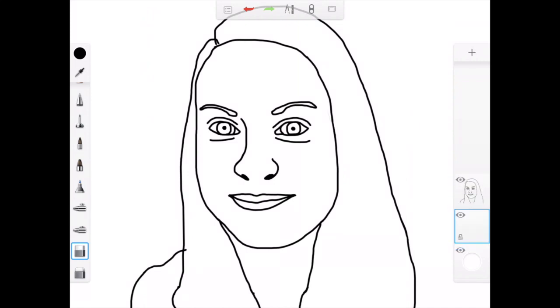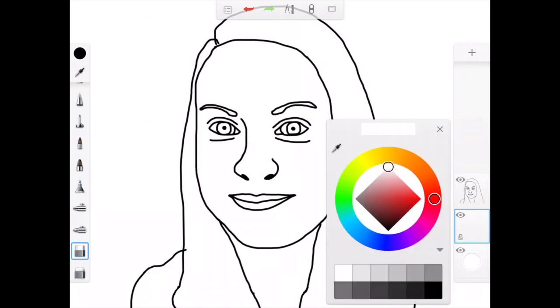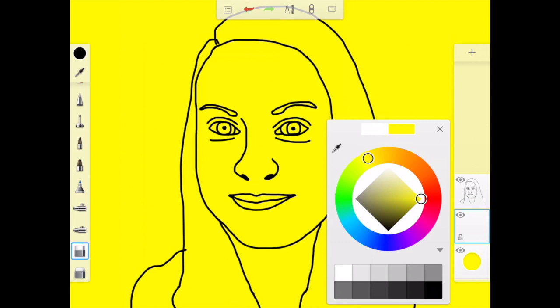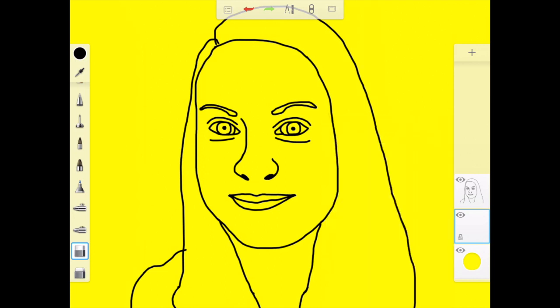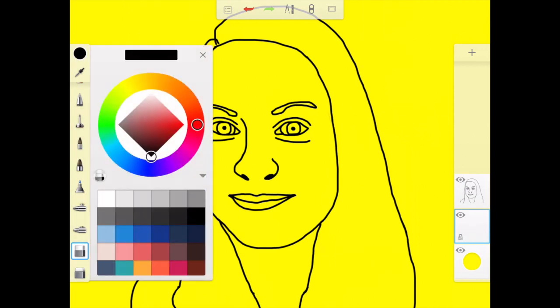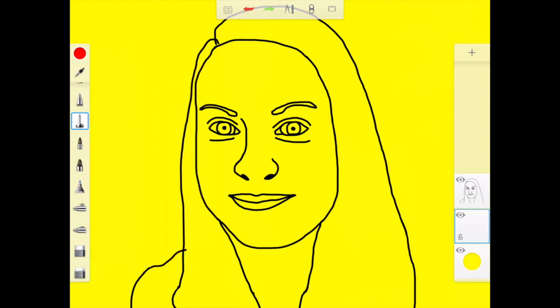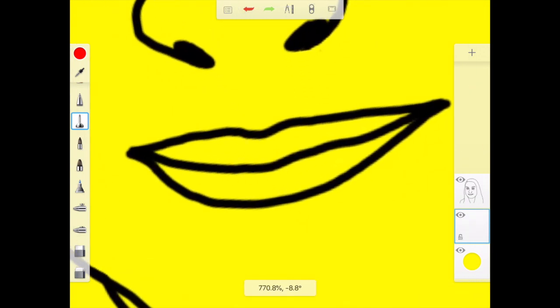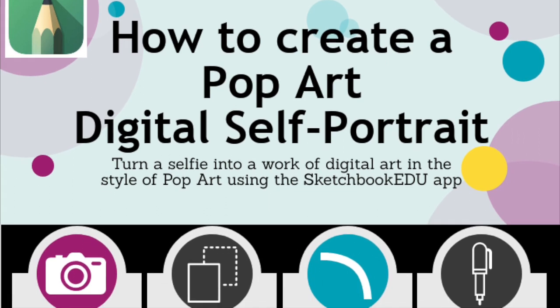You are now ready to begin adding contrasting colors using your specific color scheme. Since I'm starting with a warm color scheme, I'm going to choose yellow for my background color by tapping on the white circle in the background layer area. Then I am able to begin adding color elsewhere. To select a new color, you must tap on the circle at the top of the toolbar on the left and tap on a color that will work with the color scheme you are using. Remember, zooming in and out and the eraser tool are going to be handy when